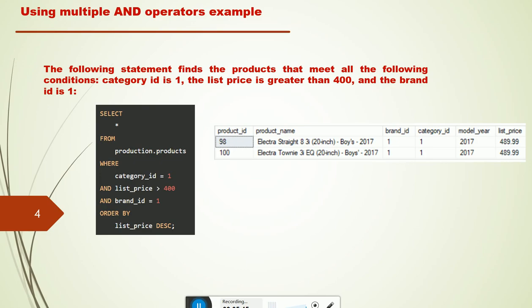See here, category ID is 1 and the list price is greater than 400 and the brand ID is also 1. So according to this, you can specify multiple conditions or criteria using the AND operator in the WHERE clause to retrieve some specific information from the table.